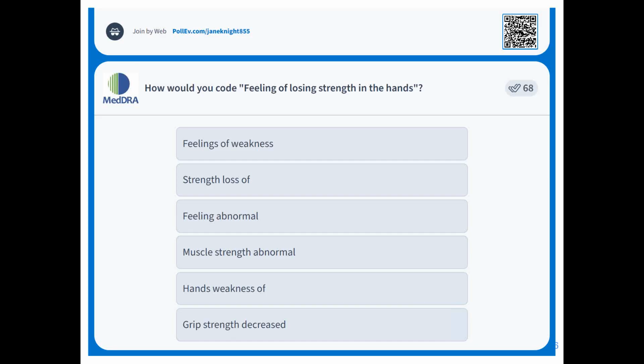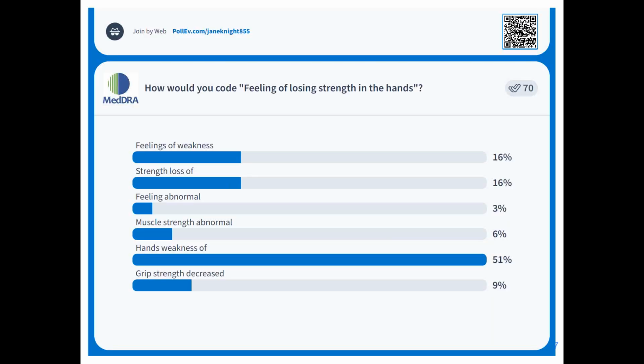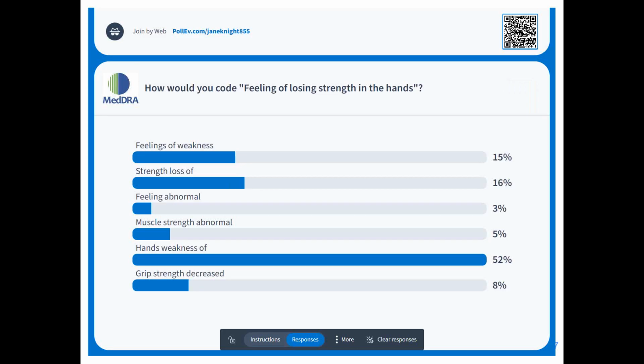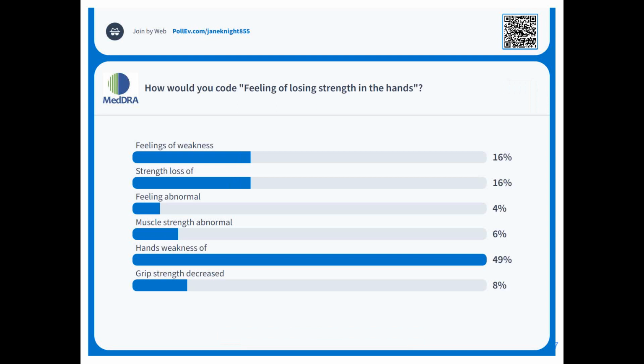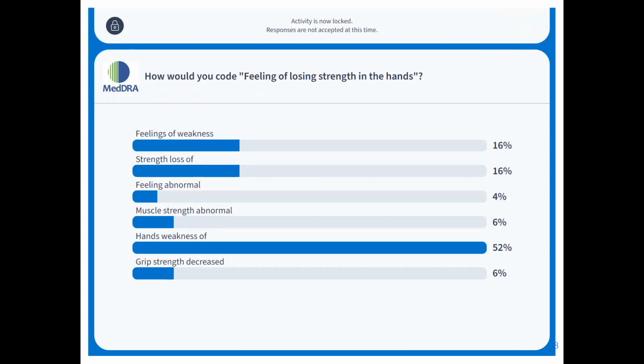Voting. So let's see what you're going for. Most of you are going for hands weakness of, but others would also consider feelings of weakness, strength loss of. So we have a split of opinion, also grip strength decreased. But most of you would consider to code to hands weakness of. So let me close the poll